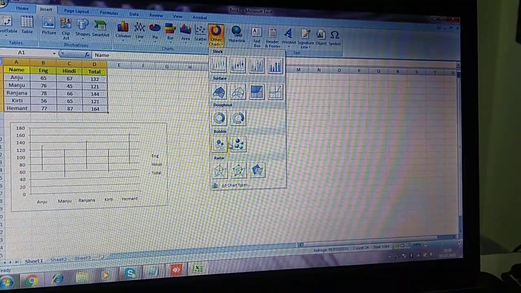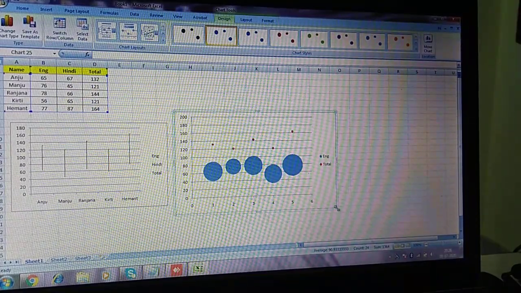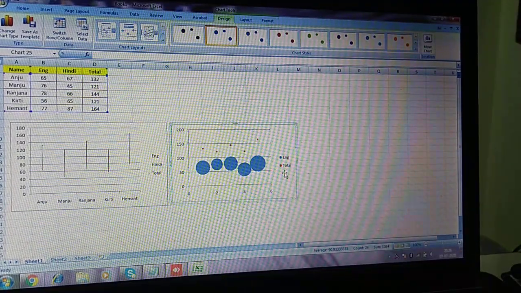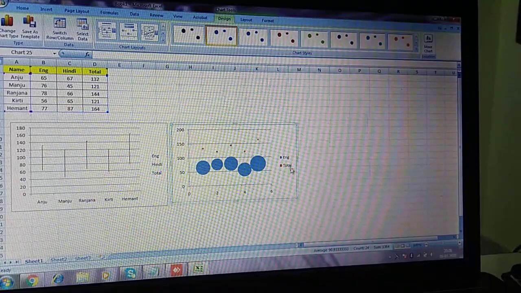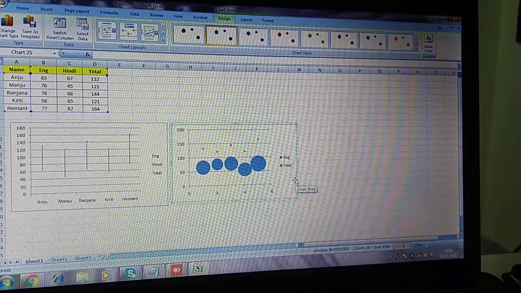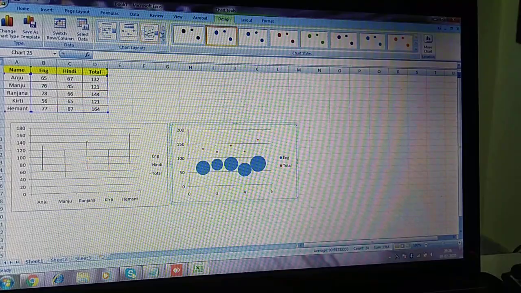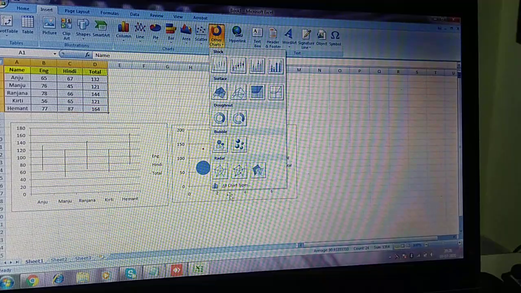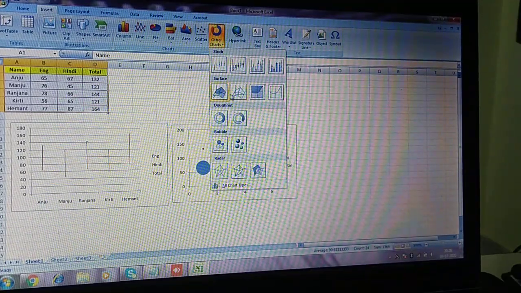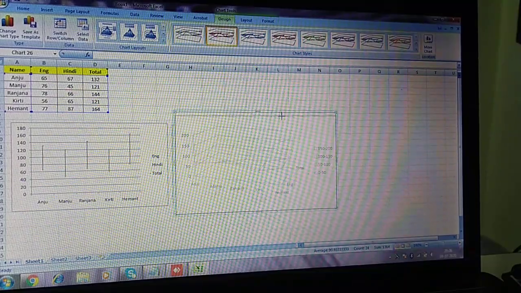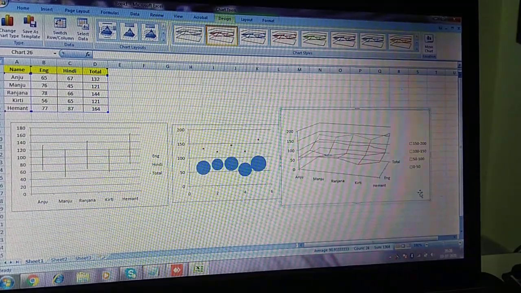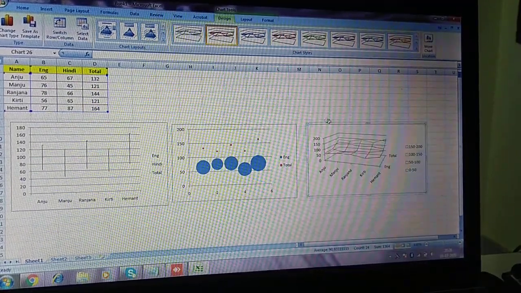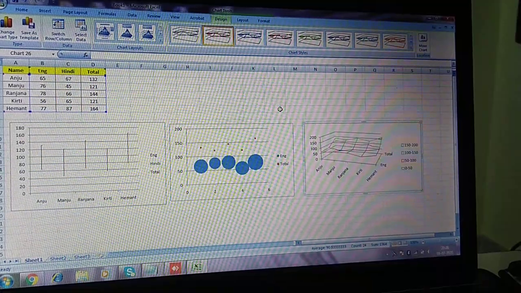Okay, bubble chart, we'll go to bubble chart. This is the bubble chart. The data is representing with the help of bubbles. Okay, and only one subject data they are representing here, English and total, two subjects, not the Hindi one they are not representing. Fine. And then insert, then other charts, and what is left? Surface chart. Okay, this one is the surface chart. I will place it here. So this is the surface chart. Fine. So these are the types of chart and this is how we can insert them.